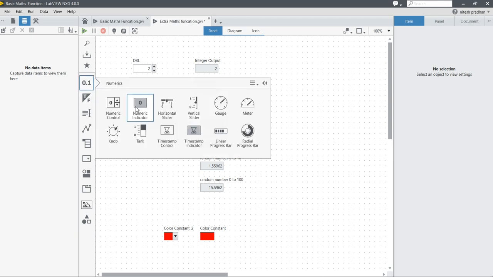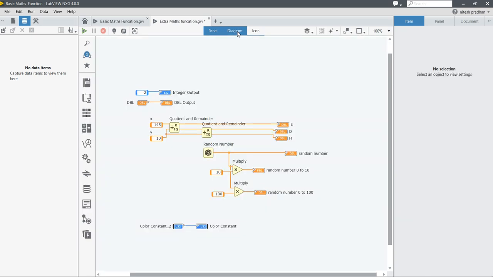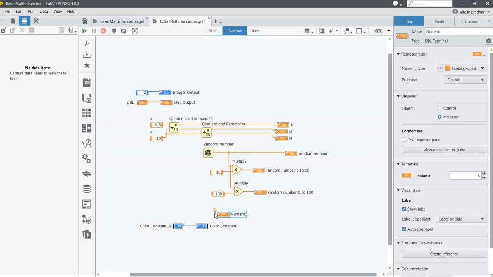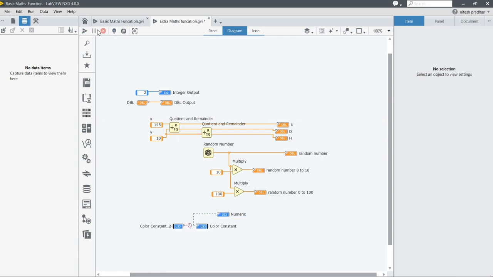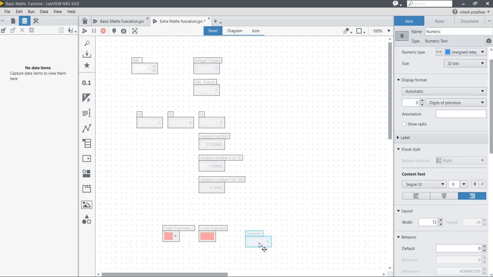Nice, but what will happen if I take this numeric control? Let's come into the block diagram, take a numeric indicator, just try to connect these numbers. Great. So now I want to show you something.